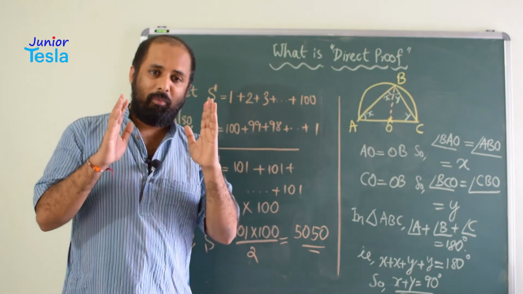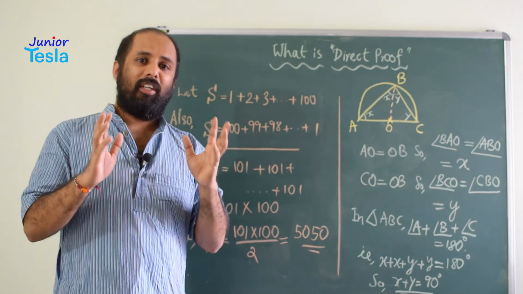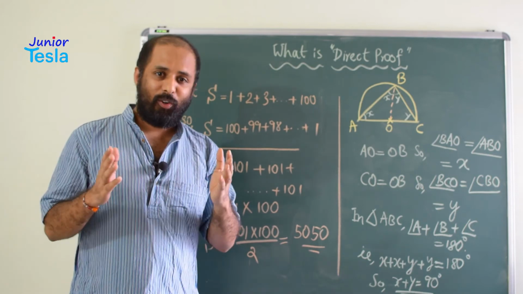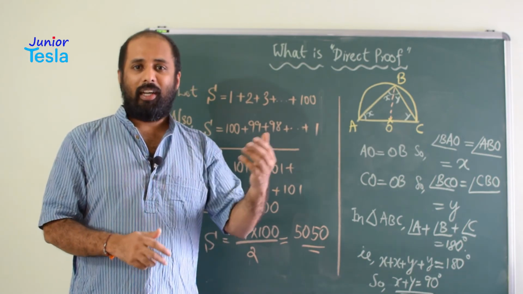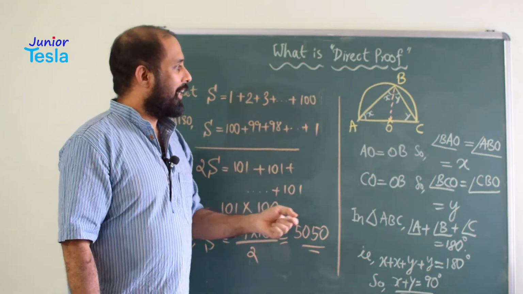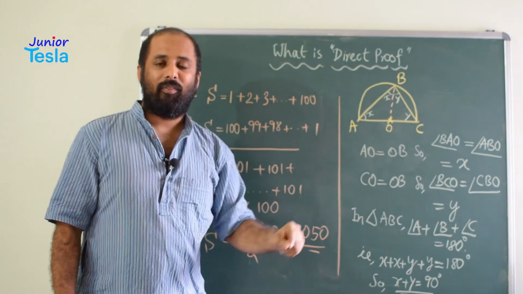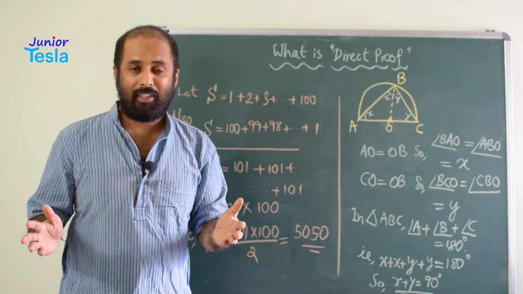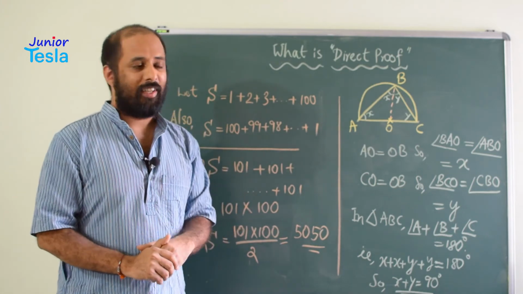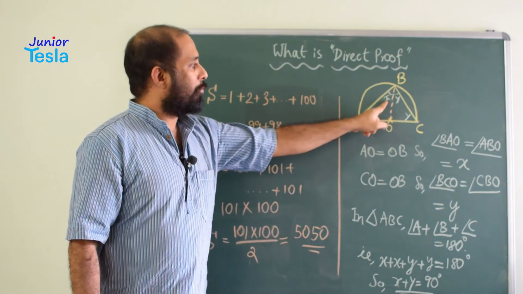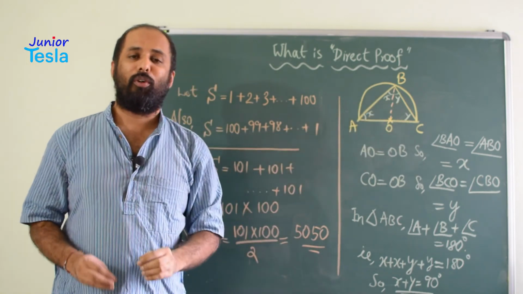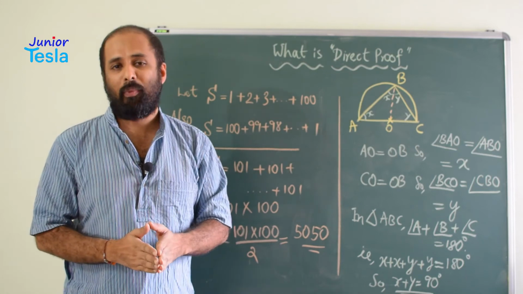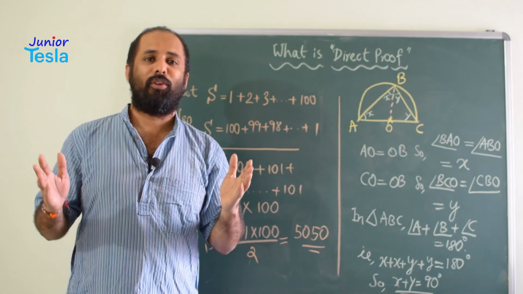Now we can remember one very well known property of triangles, that the sum of all the three angles of a triangle equals 180 degrees. So now let us recall that property. In triangle ABC, all three angles, angle A plus angle B plus angle C, must be equal to 180 degrees. So that is x plus y plus x plus y should be equal to 180 degrees, or you can say 2x plus 2y equals 180 degrees, which means x plus y should be equal to 90 degrees.